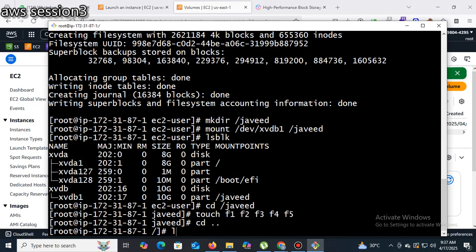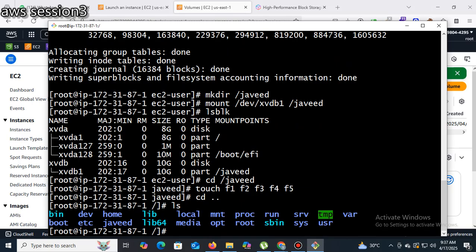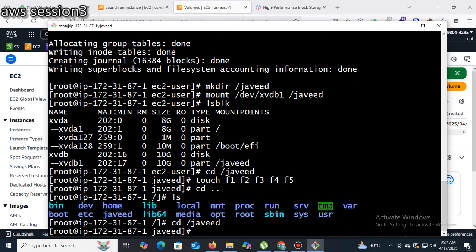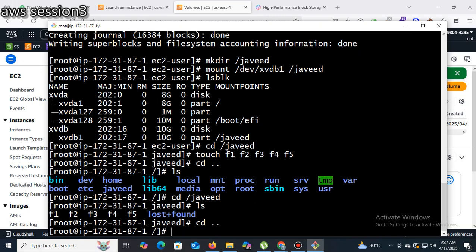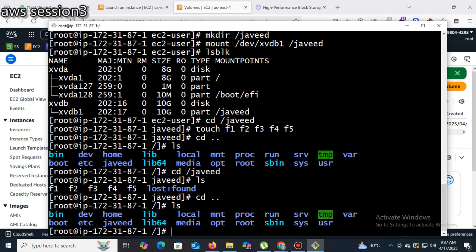Again here, ls, then cd /javed. Again, how will you restore?